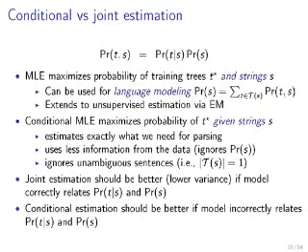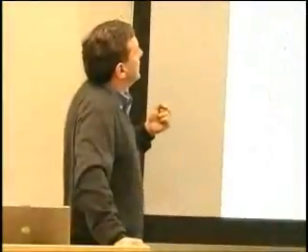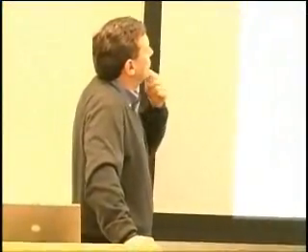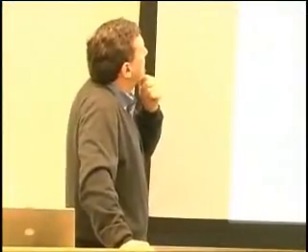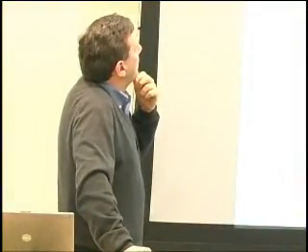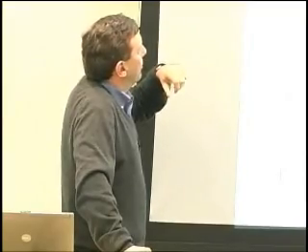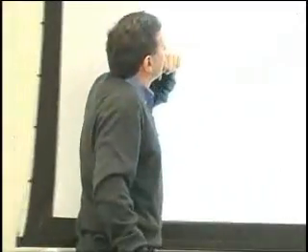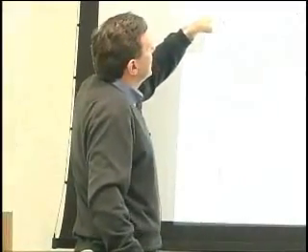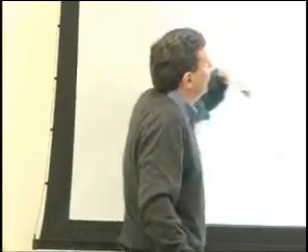I want to say a little bit more about the difference between joint estimation, which is what the generative models try to do, and what this conditional estimation tries to do. Standard maximum likelihood estimation is simply trying to maximize the probability of the trees and the strings together. This means that the models you get out of that can be used for language modeling, as I was saying before. That's one of the applications of parsing.